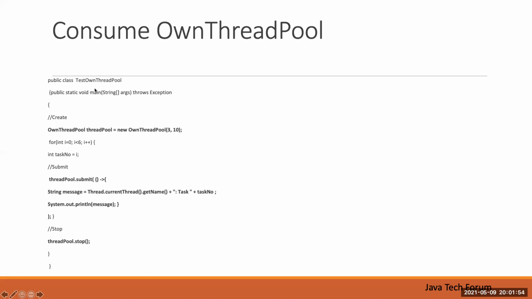So here is the thread pool consumer class, just a normal Java class. It has a main method. What I'm trying to do is create the thread pool, so I create an instance of my own thread pool class, giving 3 and 10. 3 means the number of threads, and 10 means the maximum number of tasks it will accept, which is the size of the blocking queue.